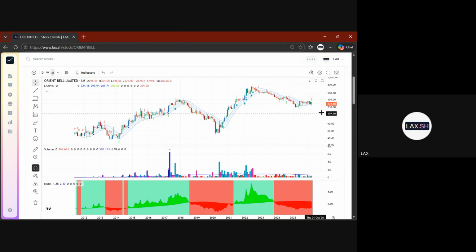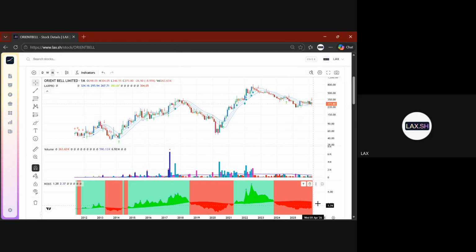But the DNF entry will trigger when? When it crosses this high, okay? Now the problem is the green arrow was there, but now the red arrow has come. But the good news is the month is not still done, right? So it is possible in this month again, this red arrow goes away. If the red arrow remains here, then you'll have to wait for the green arrow. But forget all that. Mark the high of this candle. That is your trigger point for entry. That will be the first entry, the DNF entry.